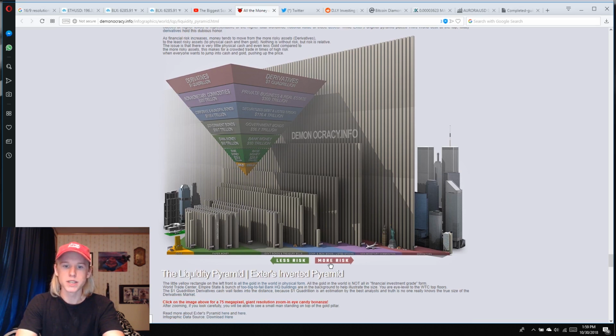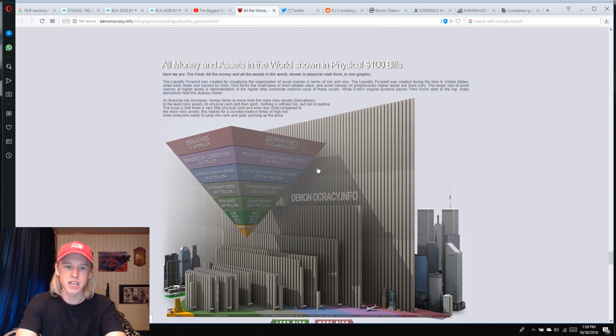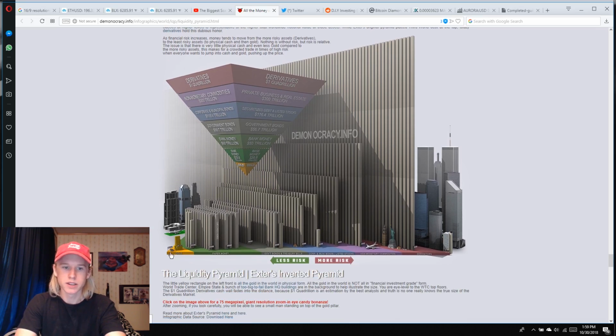Now you have it from most risky to least risky. On the more risky side of things, you've got derivatives, non-monetary commodities, corporations, municipal bonds and listed stocks, government bonds and treasury bills, paper money, and gold. Now, Bitcoin, in the big scheme of all of this net wealth, is just a little tiny corner of this. It doesn't mean very much, but it's there. And that's how much Bitcoin would be valued compared to this giant scheme of things.